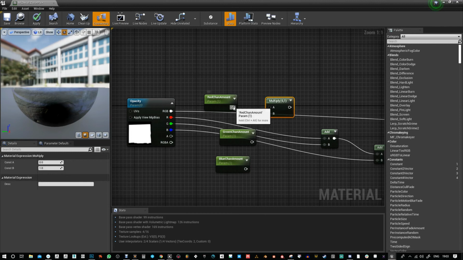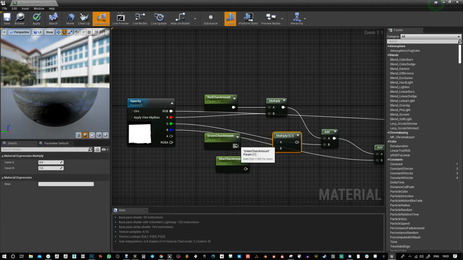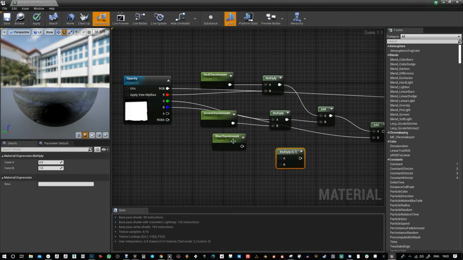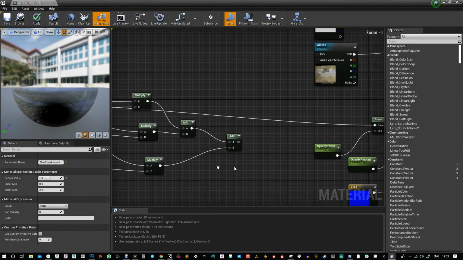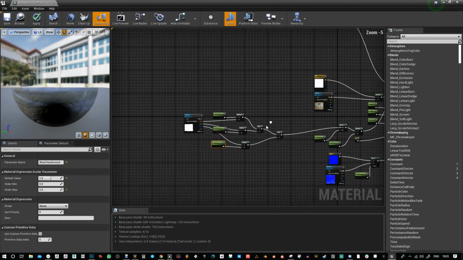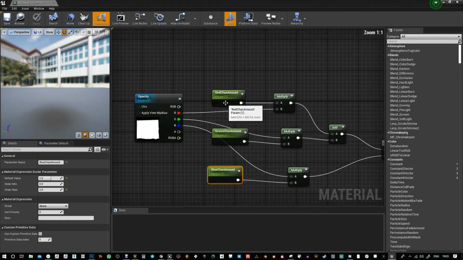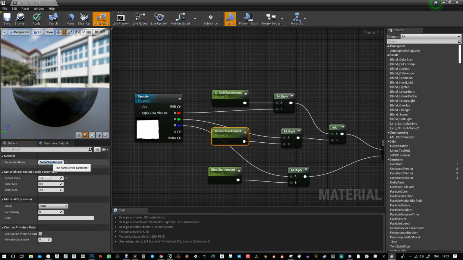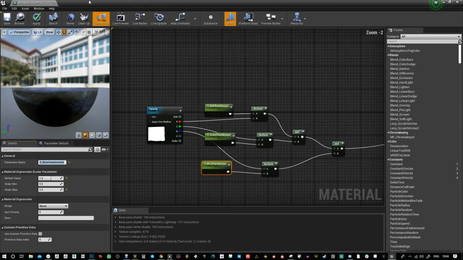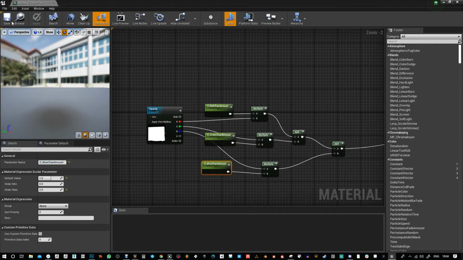So I'm going to do multiplies for each of these. Green, and blue. Everything's 1 by default, so it should act as normal until otherwise. So I'll apply that. One thing I like to do is just make sure that I've got a little header to these, because Unreal likes to organize things alphabetically and not by order of creation. So opacity masking,